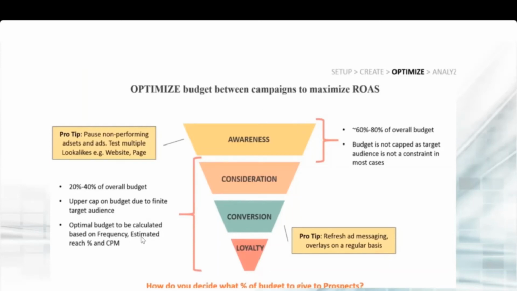So this is how you will also be calculating whenever you are going to the reports. In the reports you will have metrics like frequency. If you are running an awareness campaign, frequency is the number of times unique visitors are visiting your store. How much reach you have got: reach is how many times people have seen your ads. Traffic is how many times people have visited your store.